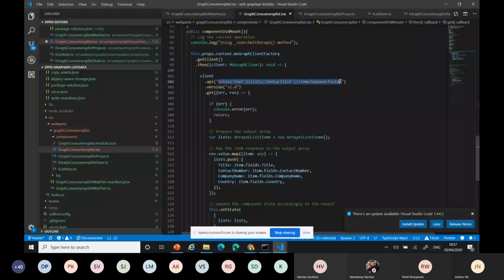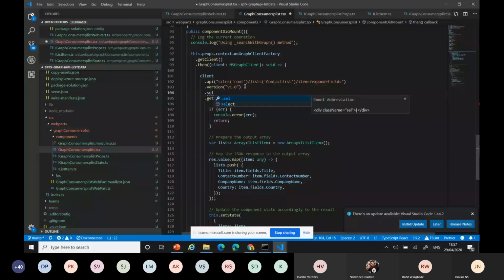Okay, and the version, get the object and get the result, and you can add the select fields if you want to bring only 4 fields like that, and we can filter. I want to add some filter object. I believe you know that for REST APIs we can add all these steps. You can bring that. What are the things you want to add? You can select, filter, and get the value response from here. It just verifies whether any error is there, and it's returned back. And I can create the array object. From the array object, I'm mapping all the corresponding values from the output. You can add whatever value outputs are available and use them.